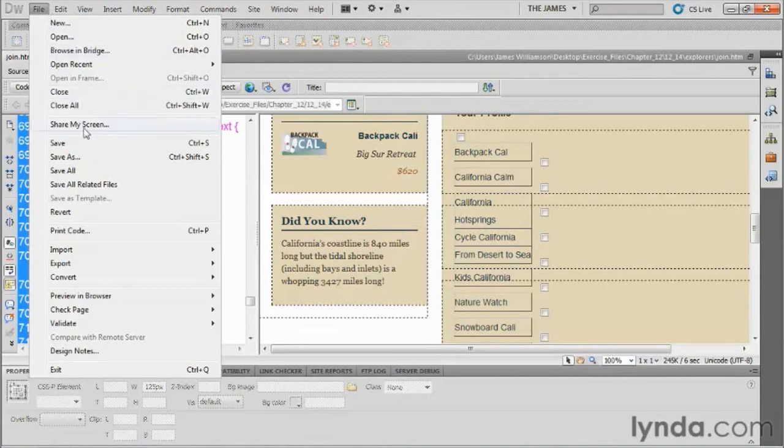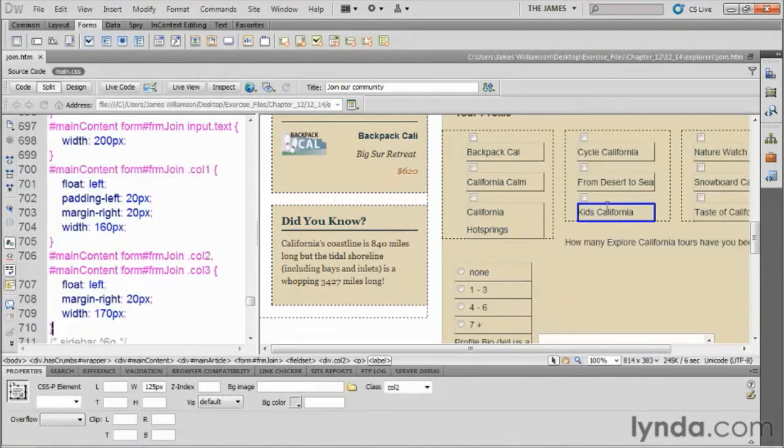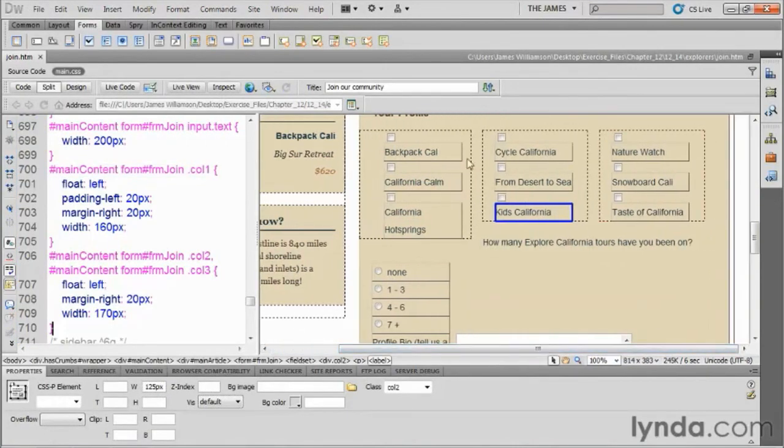And if I do a save all and click over here in our form now, we can sort of see a 3-column layout coming to fruition. Now, the reason that we're not seeing a really nice 3-column layout, number one, I'm still in design view. And number two, our checkboxes and their labels are still just a little too large. So using our styles, we're going to target the interior contents of these columns and sort of just shrink everything